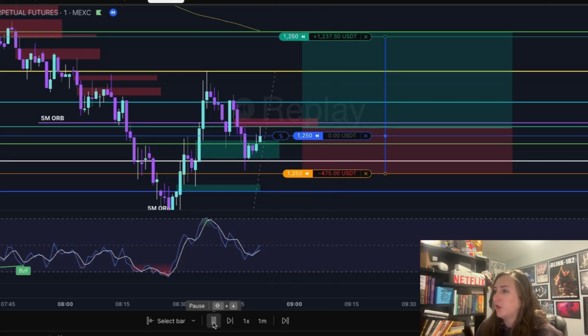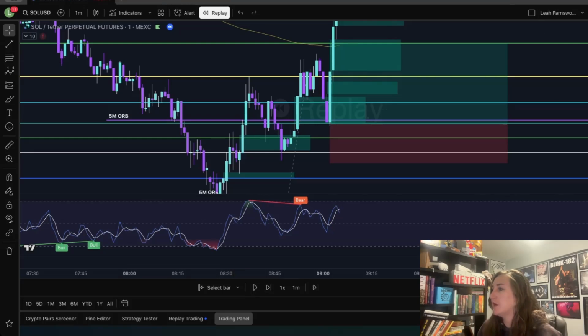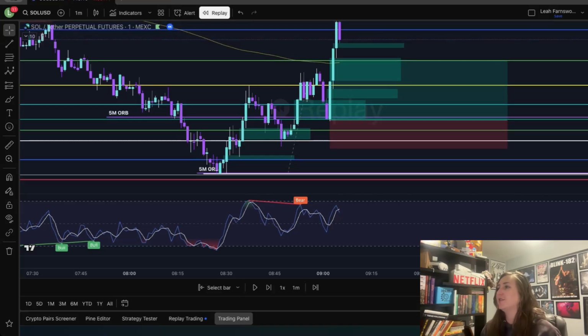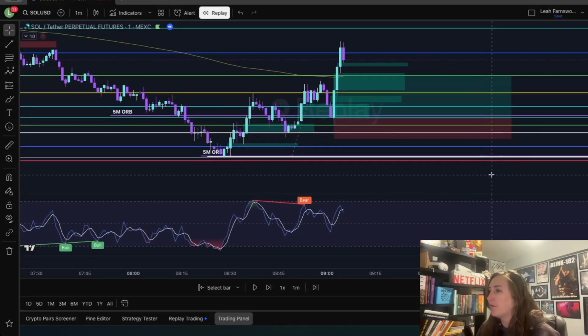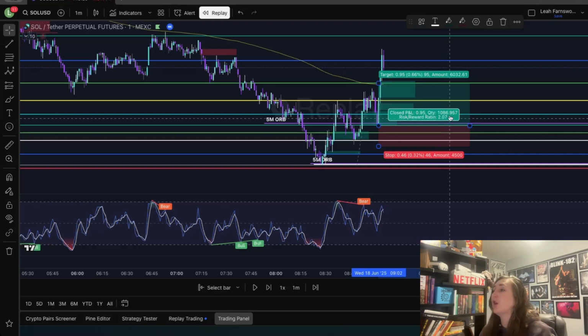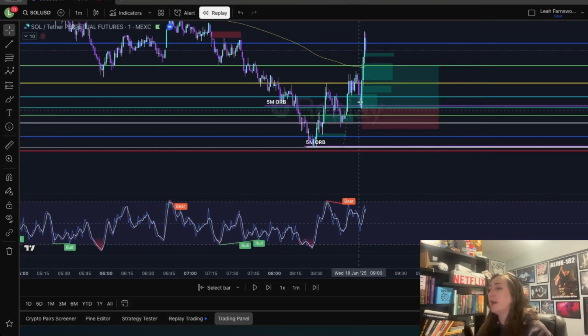So if our limit order's set there, go ahead, press play, come back up, come back down. And then finally, we hit our take profit level right there. It actually comes all the way up to our 1.618 level. So this could have been a lot more profit in the trade. But had you set your limit order there, risking $100, you would have a $200 profit. If you risked $500, you would have a $1,237 profit. So that would be trade one there, setting your limit order at that 0.618,